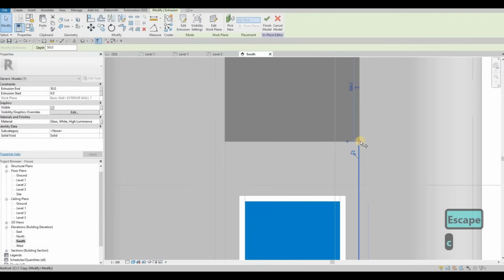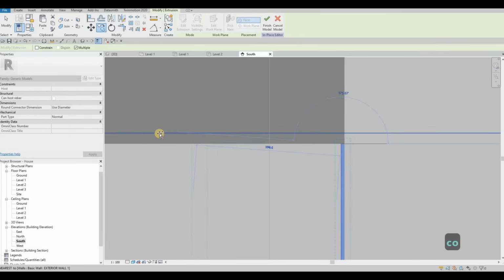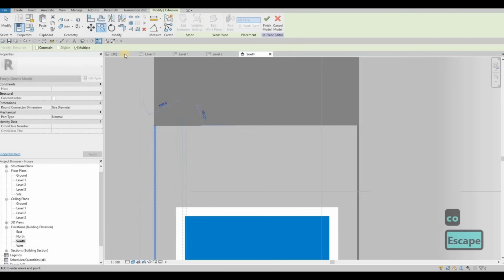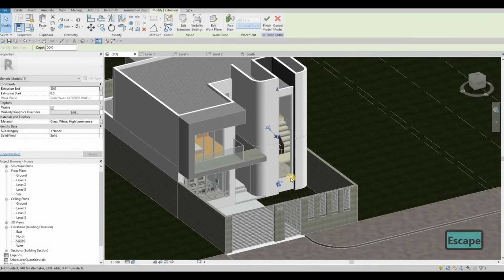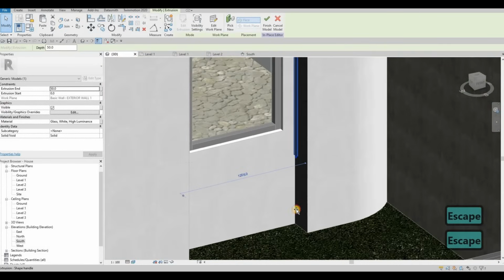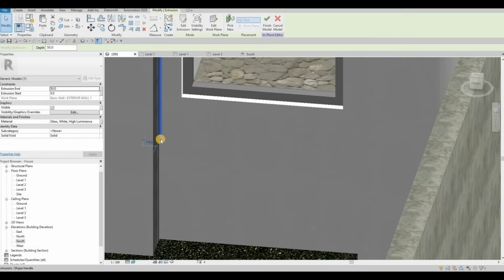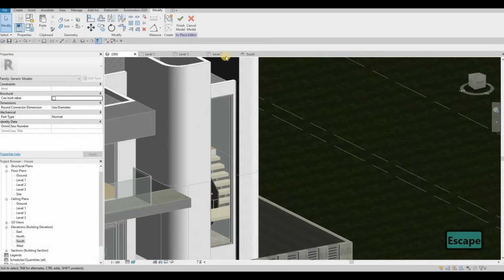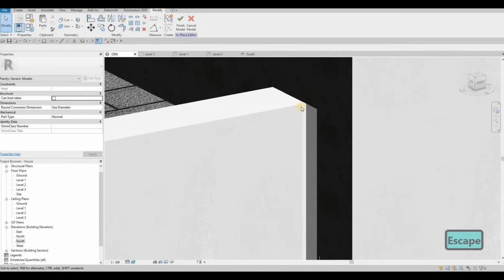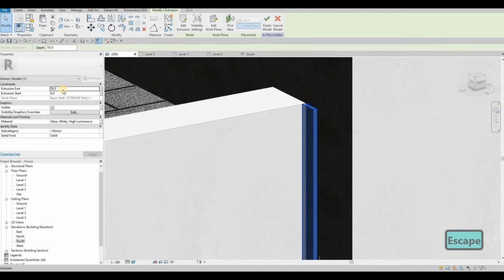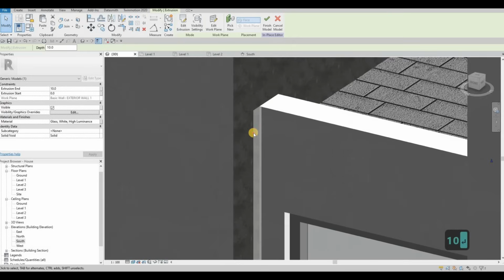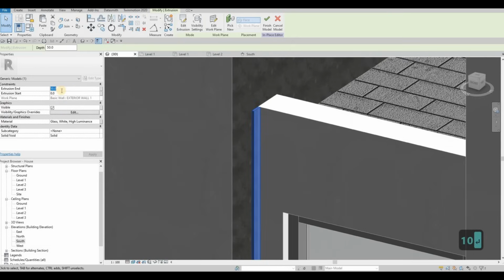And then what we can do is copy this to the other side. Once we're in 3D, it's easy for us to pull it down completely, and even this one as well. So now it will light up once we add those. And then here, let's put this one at 10, and then this one at 10 as well. Click apply,